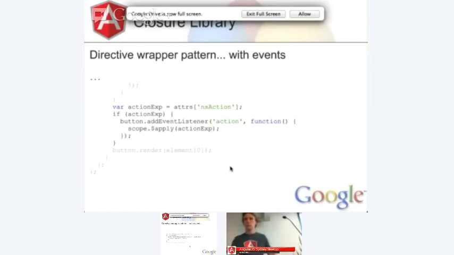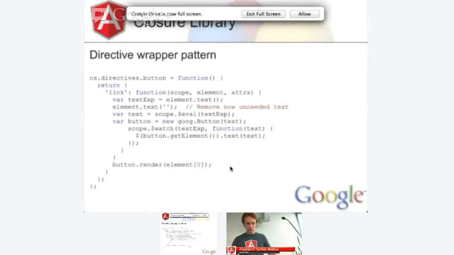Yeah. On that slide previously, in your watch callback, it says $button get on. Yes. That's a jQuery like most for button, is it? Yes. So button being a goog.ui.button element, so this is the closure idiom. Button.get element says get me the DOM element from the closure button. So it's basically the same abstraction as Angular uses, just backwards.